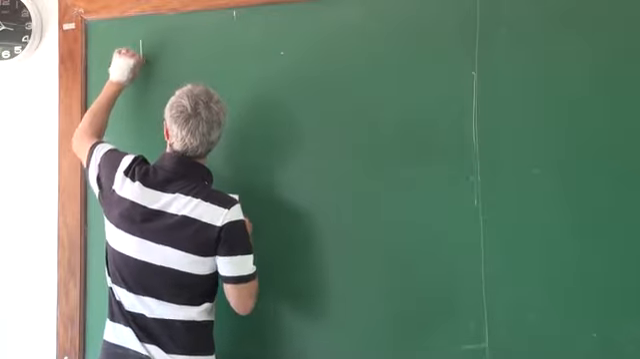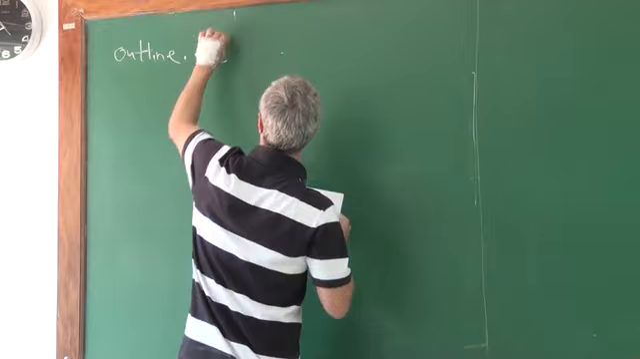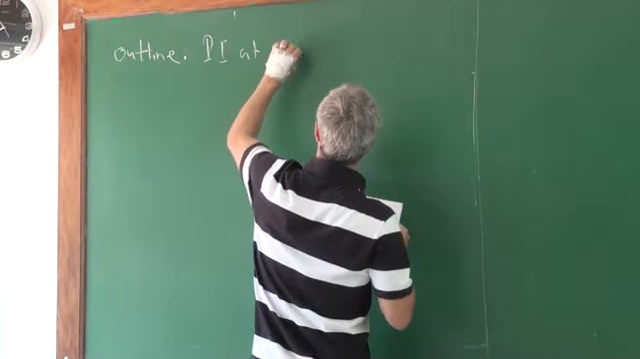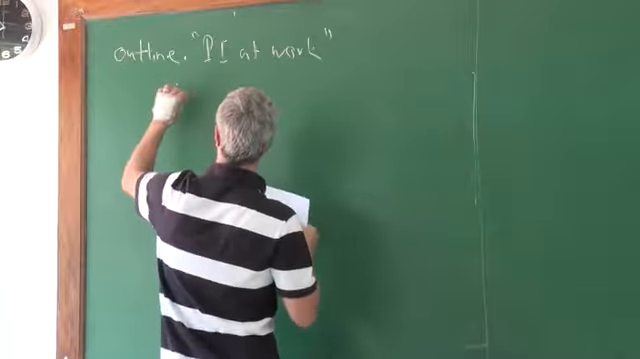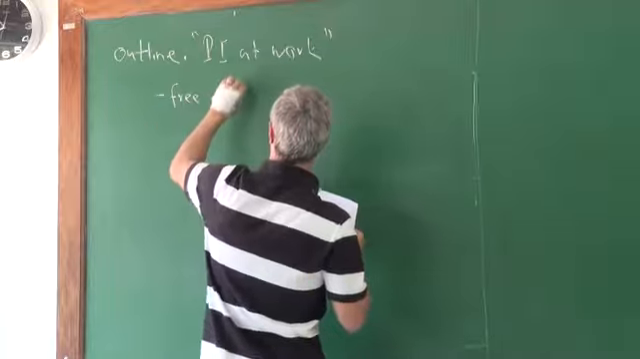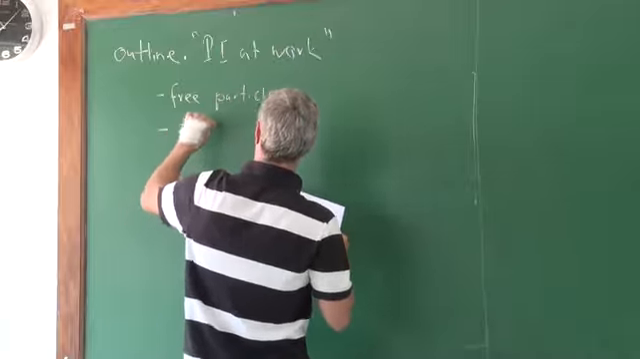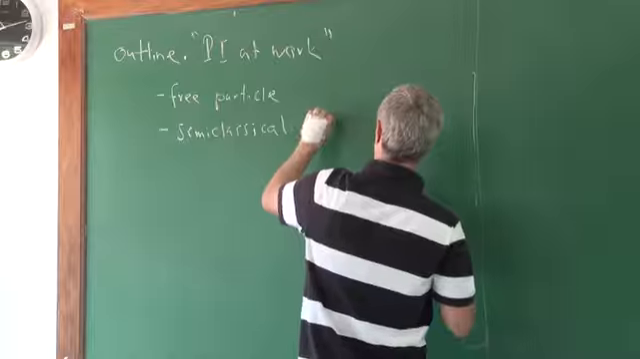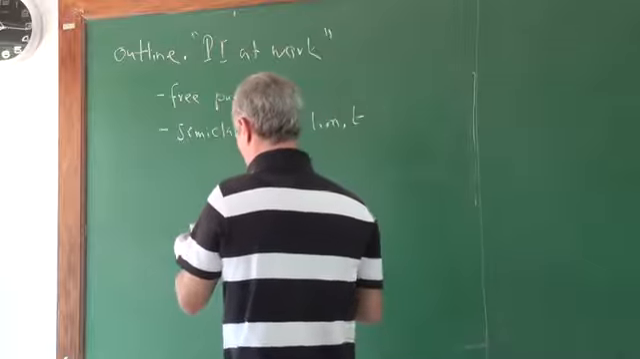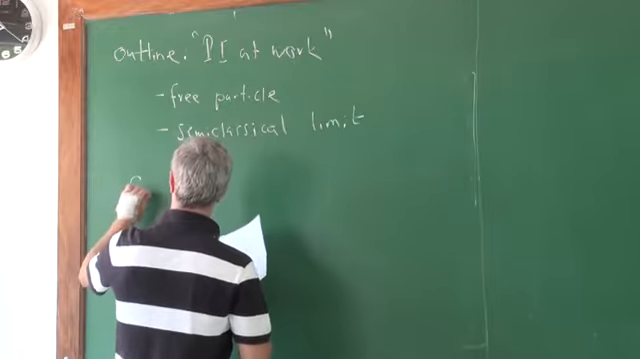Okay, so just the outline of the rest of the lecture. This was all kind of the review and some reminders. This is path integral at work. We discuss two examples, the free particle, and then the semi-classical limit. So let's first start with the free particle,